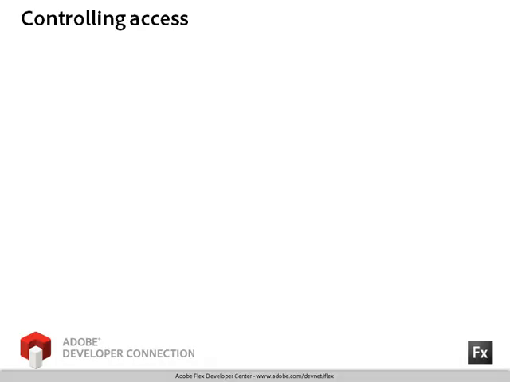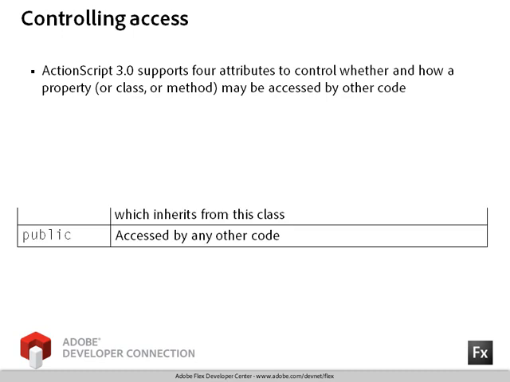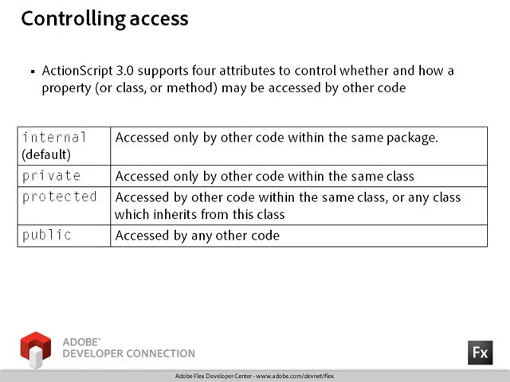Remember from our discussion earlier that all properties and methods of a class are, by default, inherited by their children unless explicitly prevented by the access modifier. The access modifier also defines how a property or method may be accessed by other class instances. By default, since I did not declare an access modifier for my variable, it will use the internal access modifier, which means it can be accessed only by instances of other classes that were created in the same package. You will learn about packages in a later video. For now, simply understand that this means the property can only be accessed by instances of other classes defined in